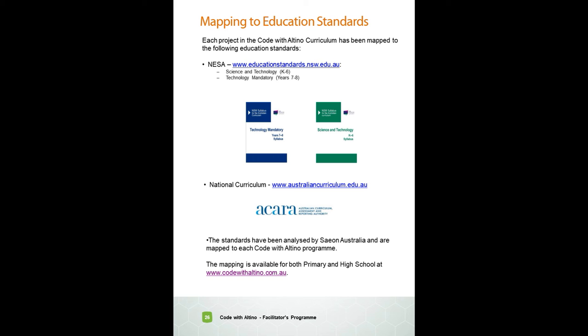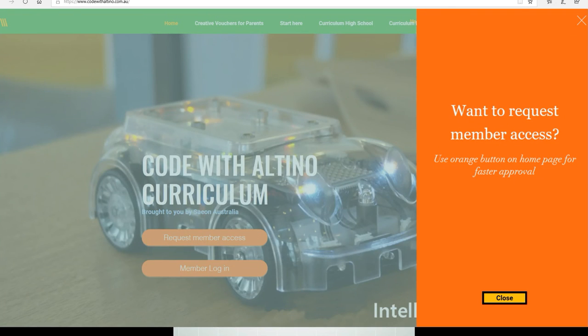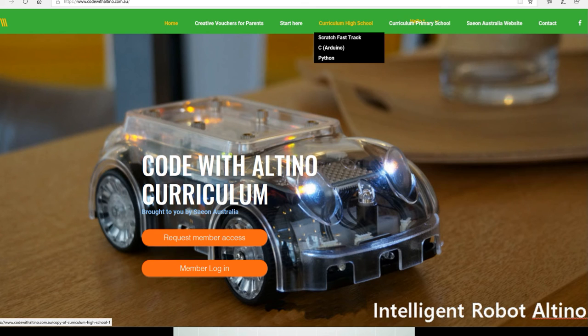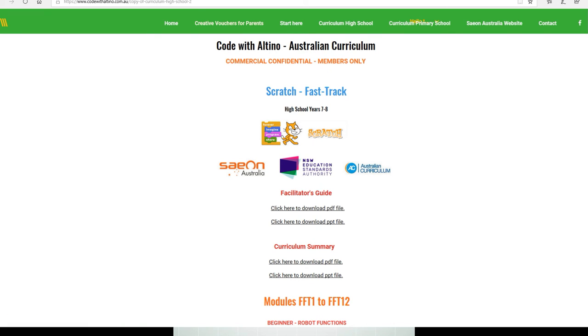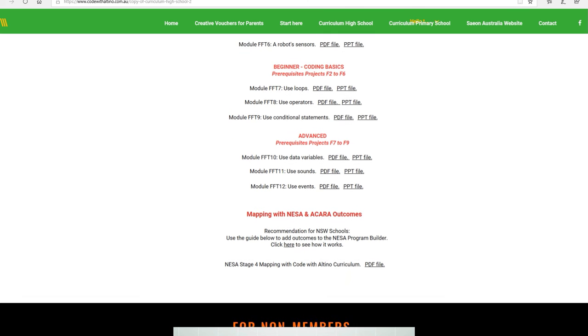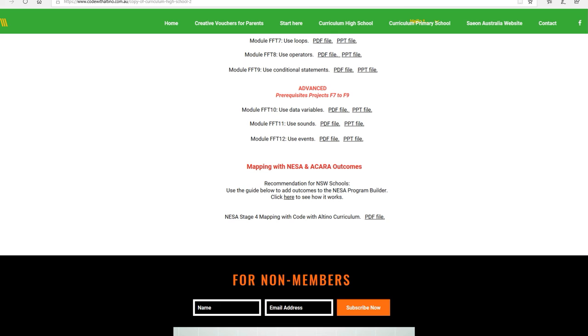So I'm clicking into the Code with Altino website, and let's say I'm in high school, or I'm going to be teaching high school. And I'm already logged in. So I'm going to be teaching the Scratch Fast Track program. What I'm doing here, remember, is looking at the mapping. So here is all of the modules, the curriculum summary, and you've got your mapping down here. So it says for New South Wales skills, that shows you how you can load everything into your NESA program builder. But let's have a look at how the